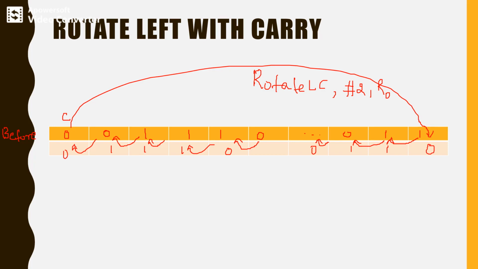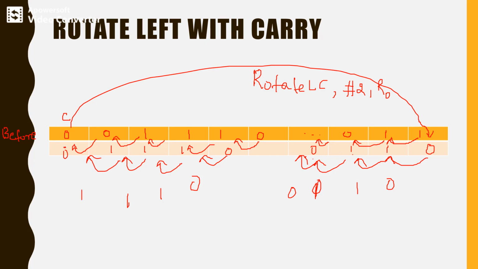Similarly, we perform one more iteration. This 0 will come to the previous location, this 1 will come here, and this 0 will come to the previous location.